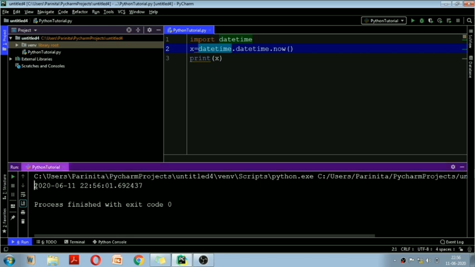As you can see in the output, we are getting the value of the current date as well as the current time. Got it? Then you can format it also, so you can print this in a different format. You can print only the date, or only the time. So you can play with it as per your requirement. Fine. So I just wanted to let you know what is a module, which are the different kinds of modules, and how you can use them.